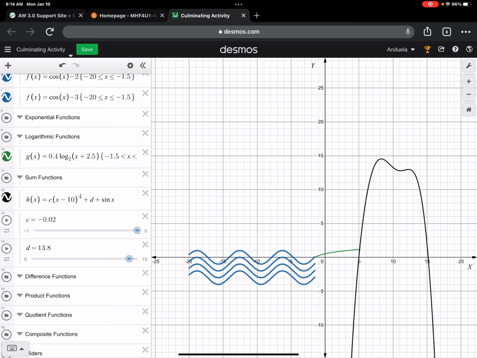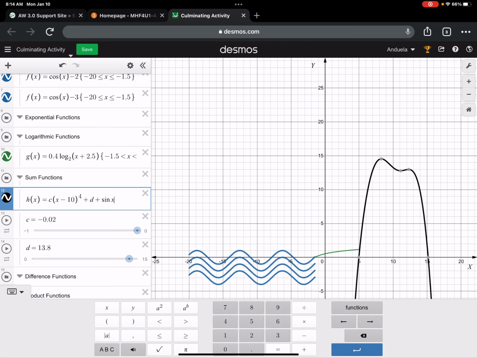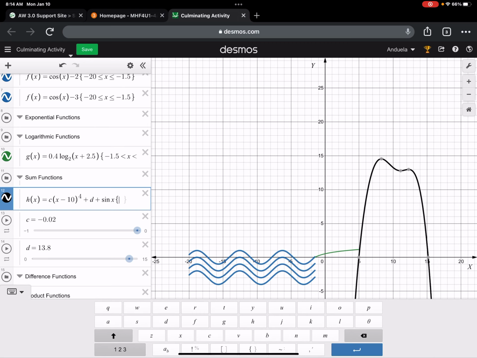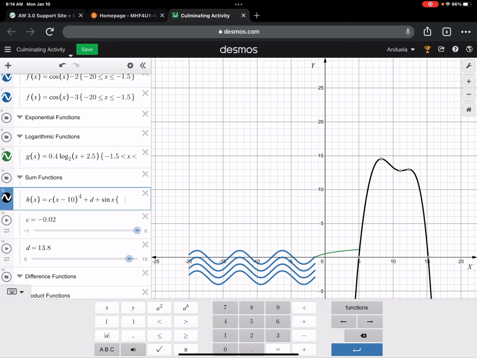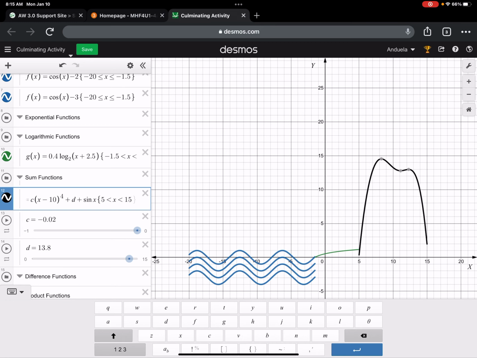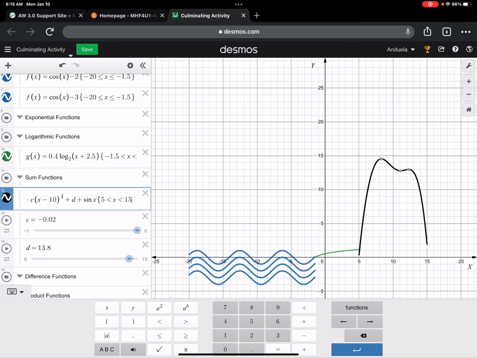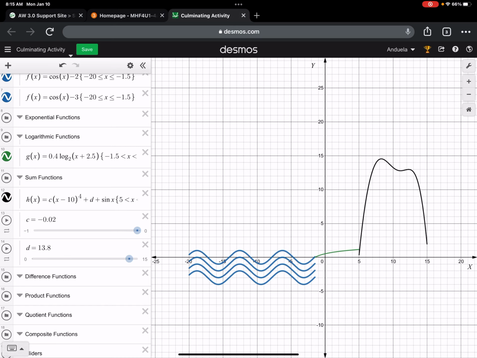And what I'm going to do is limit the domain of it. So I'm going to bring the domain to x equals 15 and x equals 5. So between 15 and 5. So again, the curly brackets. So we're going to start off at 5 and 15. Okay. All right. And let's see, we have the graph